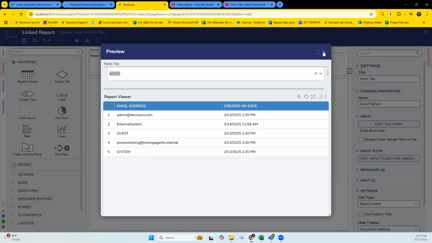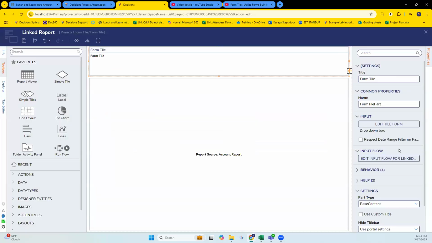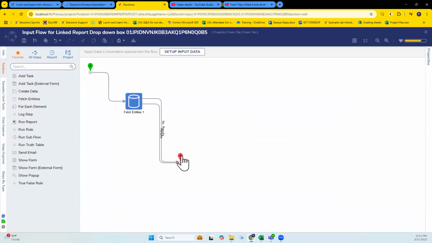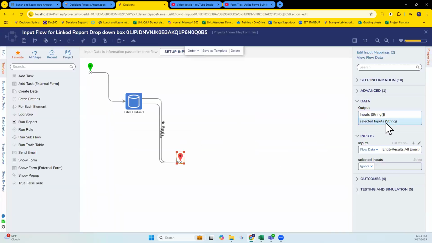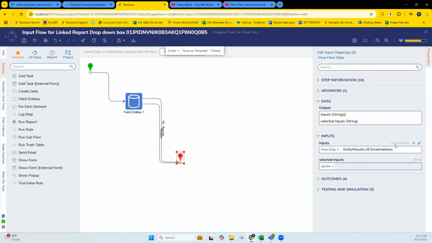The only main difference I'm seeing is that form on top is getting the data from flow. So I don't see the selected item in it when we click on that drop down. So when you click here, you don't have selected item. Yeah, I don't have selected item. It's just data. Let me see. What is the format here?